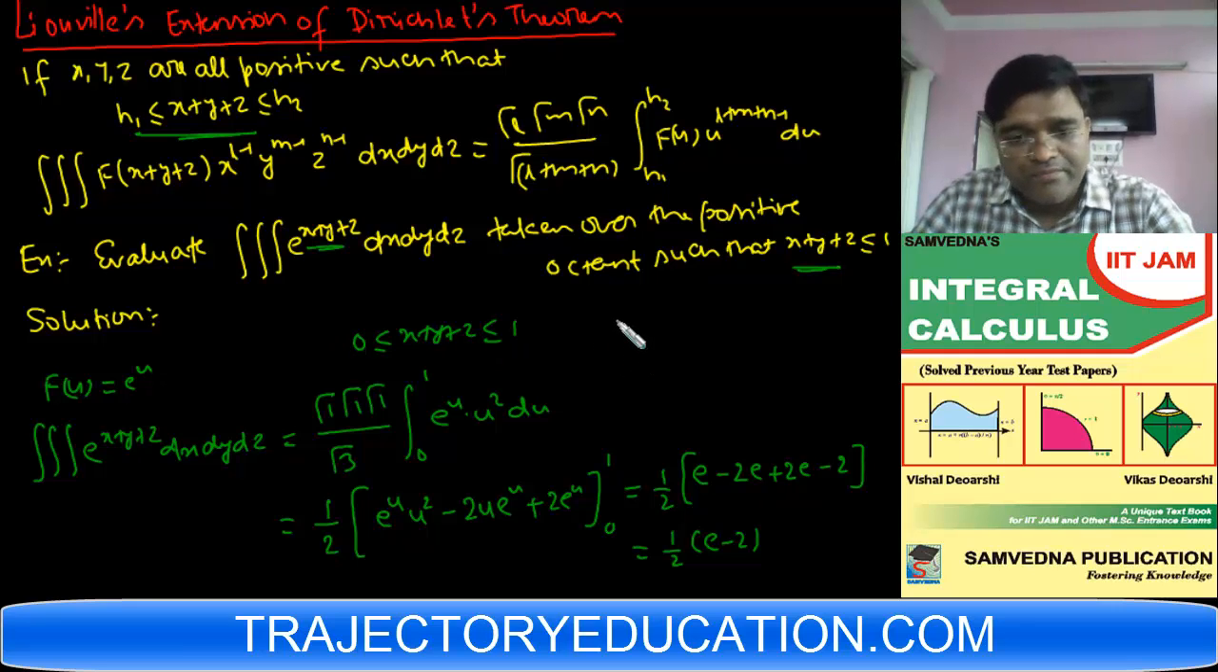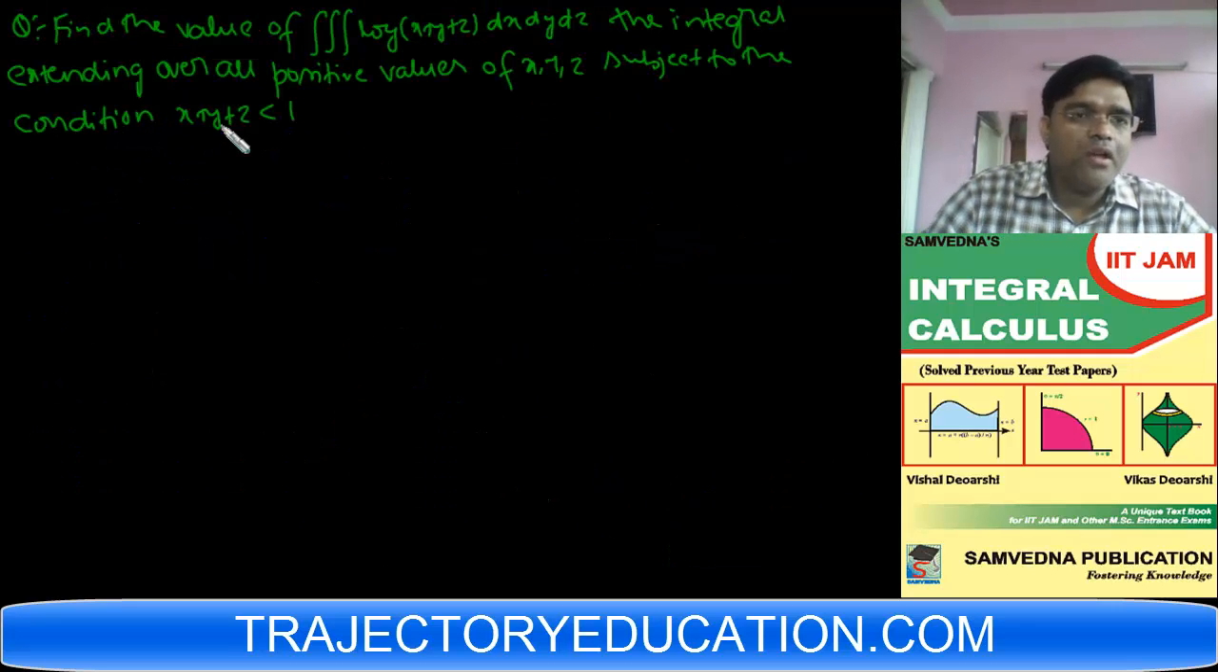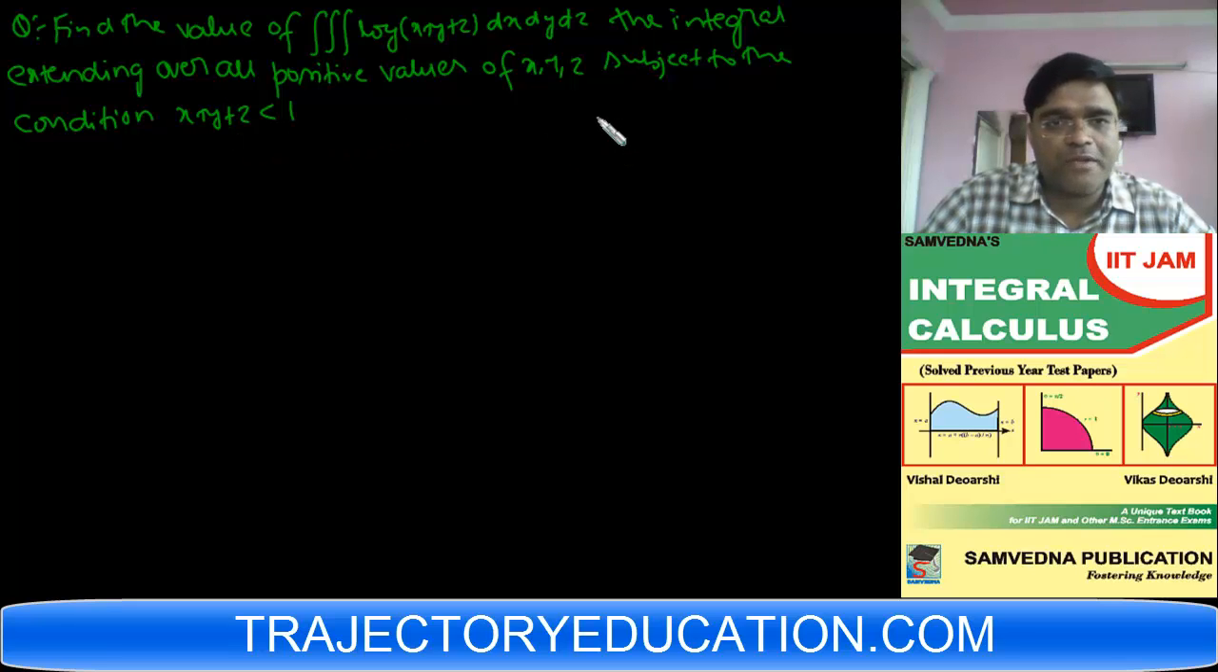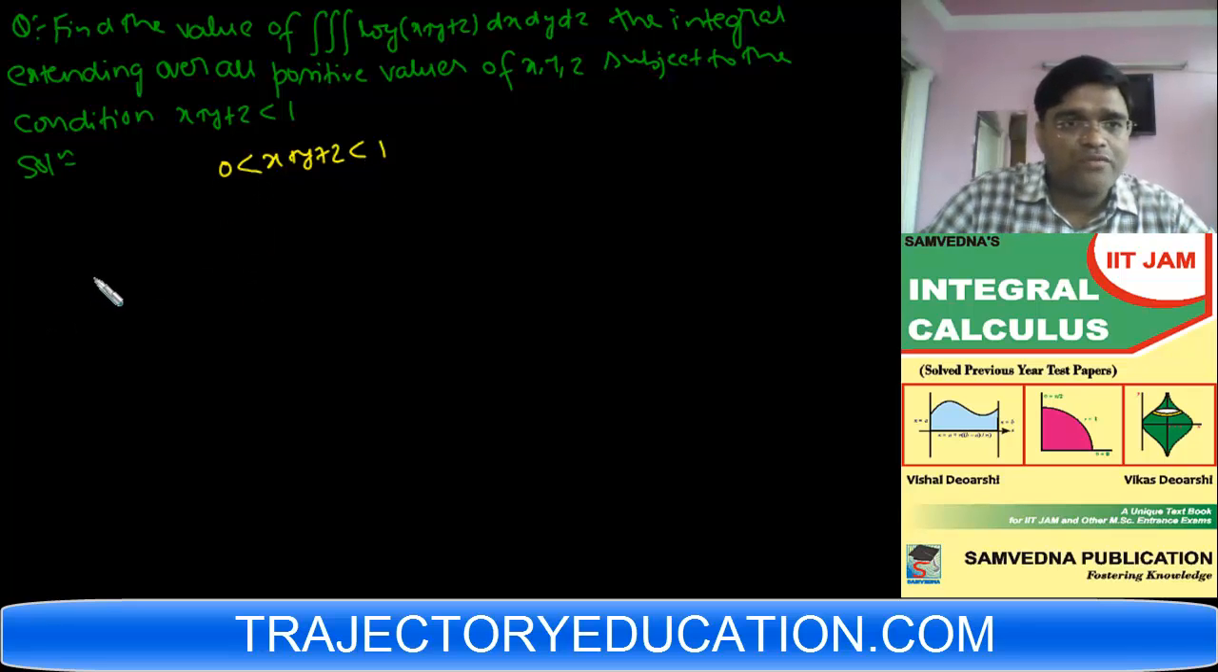I'll take one more question. Find the value of the triple integral of log(x plus y plus z) dx dy dz, the integral extending over the positive values of x, y, z subject to the condition x plus y plus z is less than 1. So let's solve this. Here I can say 0 to x plus y plus z is 1, so h1 is 0, h2 is 1. So this integral can be written as